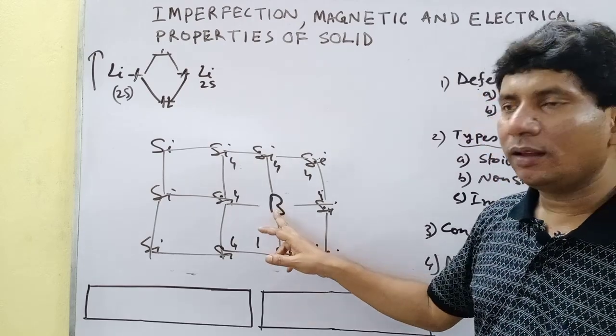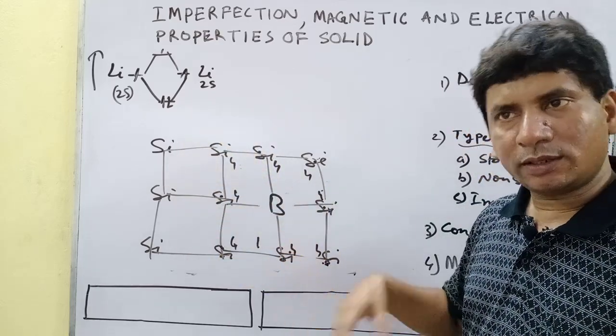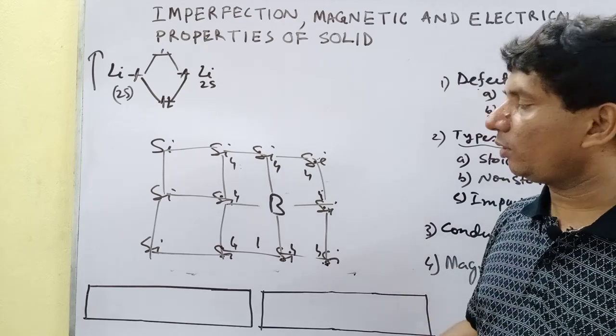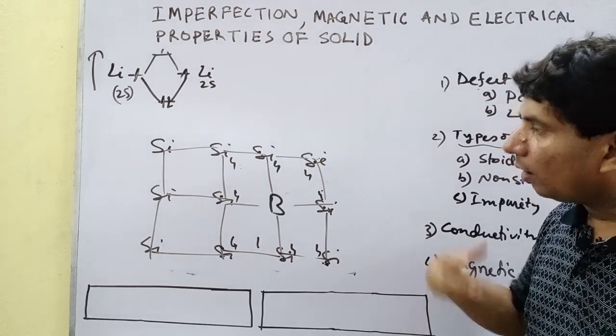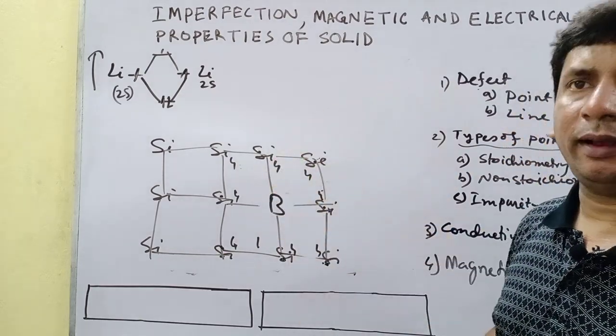That means if an electron deficient atom is doped here, then it is a p-type semiconductor. Okay,